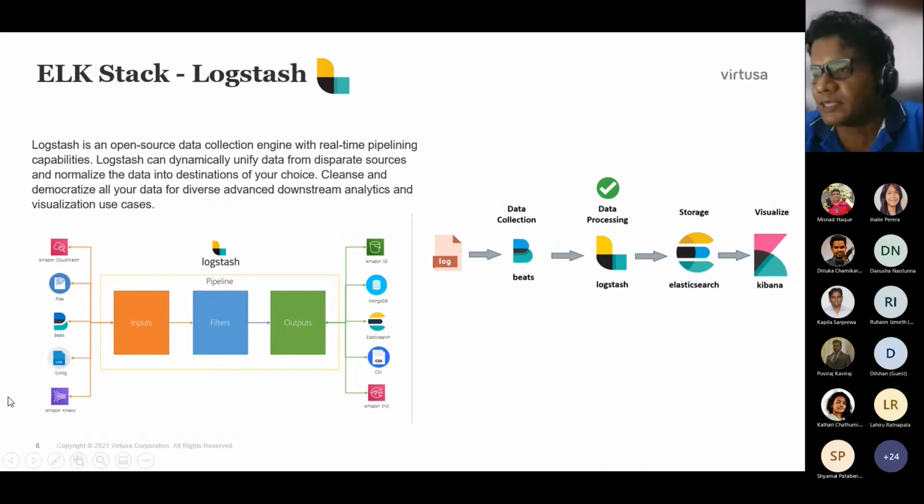He has plugins. I'll show you when I do the hands-on. He has plenty of plugins. To read from the Beats, he has the Beats plugin. To read the logs from a file, he has the file plugin. To do the output, he has the Elasticsearch output plugin, or the Redis plugin, or the MongoDB plugin. And for filtering, he has the Grok plugin. Like that, he has a set of libraries to do each and every task.